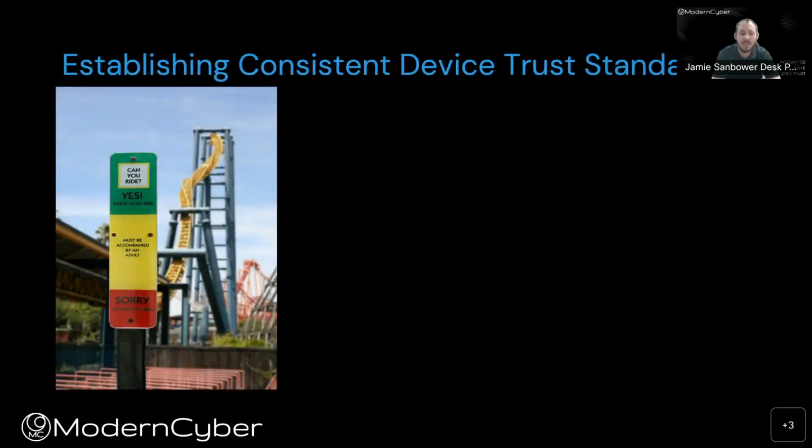One example that I like to call upon is device trust standards. This is one that you would think is very simple, but most organizations will have inconsistent policy between how their VPN applies compliance and trust versus how the wired or wireless network might, or their patch management solution does.